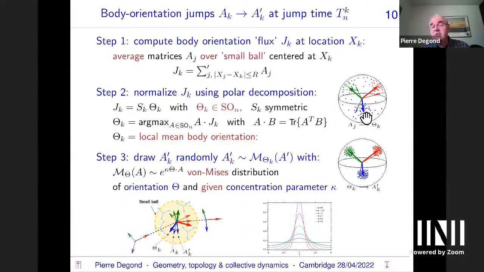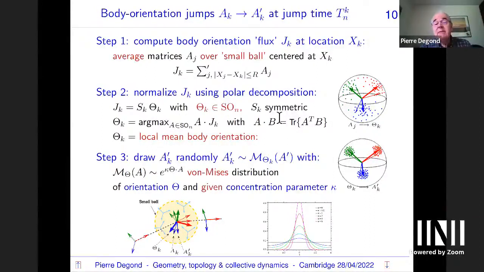I mean 3D here, obviously, to make a drawing of the particles neighboring to K. So I have many of these points which make frames, and in some sense, the theta K is kind of an average of these points. So this is a thick arrow. So once I have this average body frame,